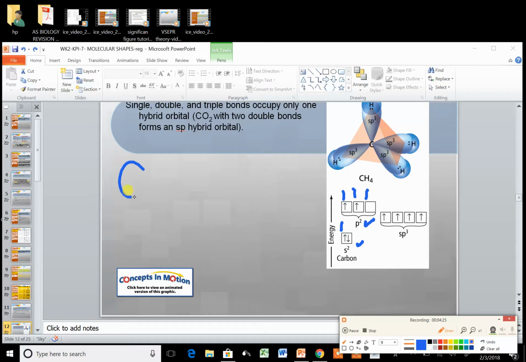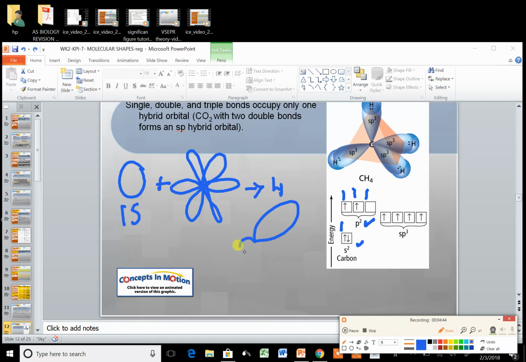The s orbital, as you know, is spherical in shape, while the p orbitals are each dumbbell shaped. So when one s orbital gets mixed with px, py, and pz, they result in a total of 4 new orbitals. Each one has this shape and we call it sp3. They are going to orient themselves in space in such a way as to make the molecule as a whole tetrahedral, as you can see here, with a bond angle